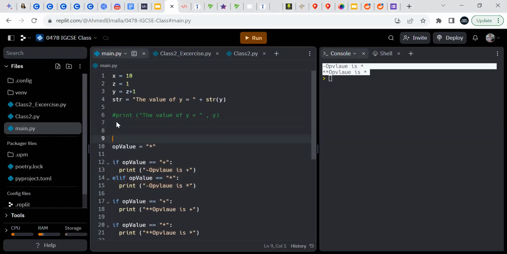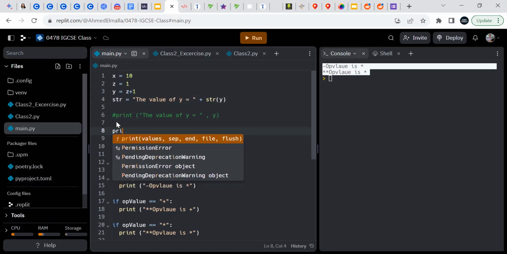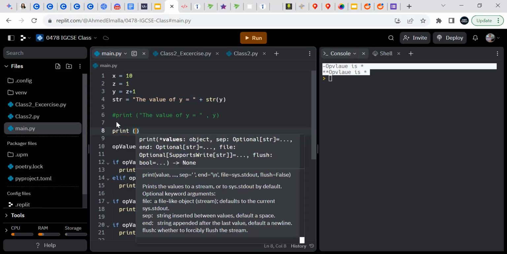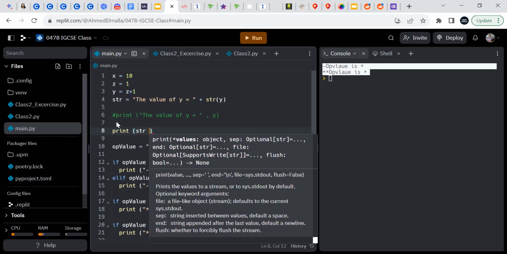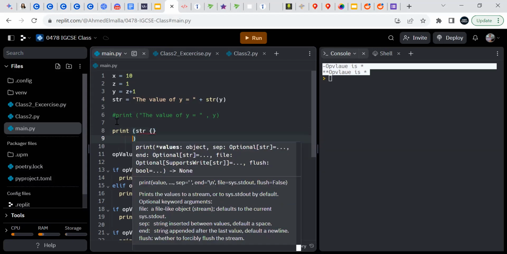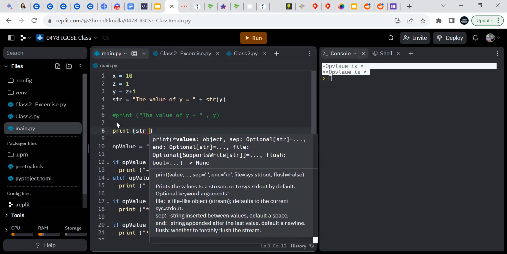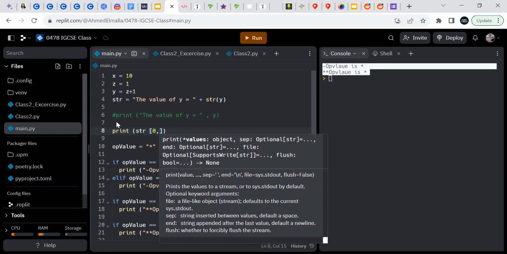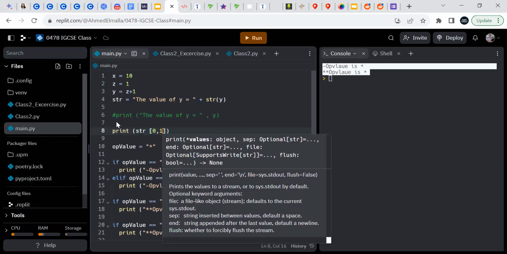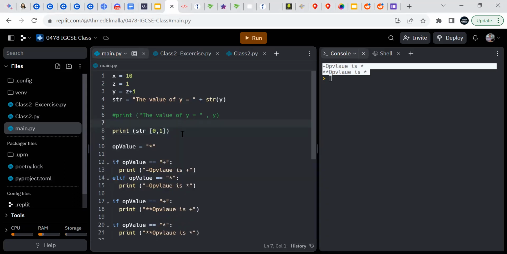Okay, if we have this string, and I want to print str with a slice, what do you think should be the output?